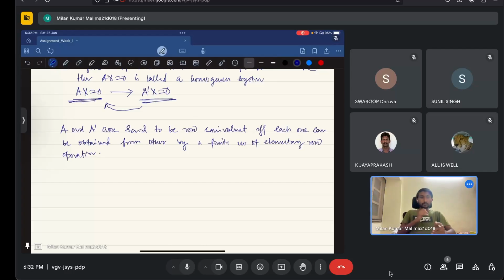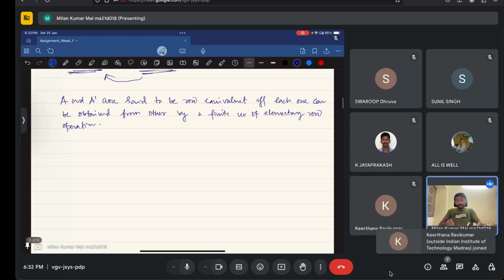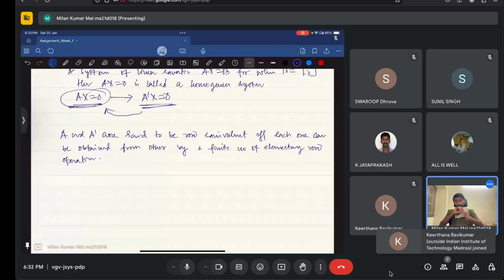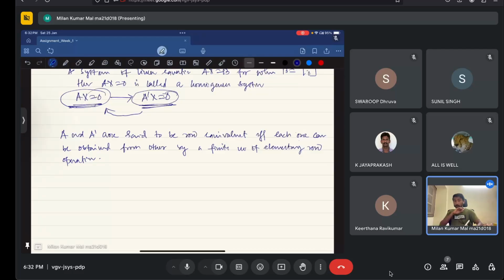Okay, finite number of elementary row operations. So that's what we said here: if Ax = 0 is a homogeneous system and we have a solution, then those solutions will work as a solution of A'x = 0 whenever A'x = 0 comes by a finite number of elementary row operations on Ax = 0. Similarly, if A'x = 0 has a system of solutions, and Ax = 0 is obtained from A'x = 0 by a finite number of elementary row operations, then both of them have